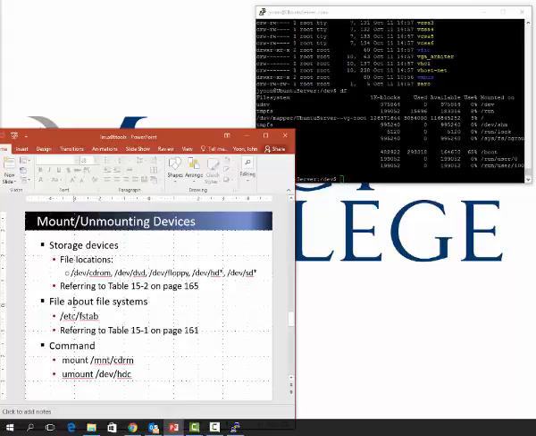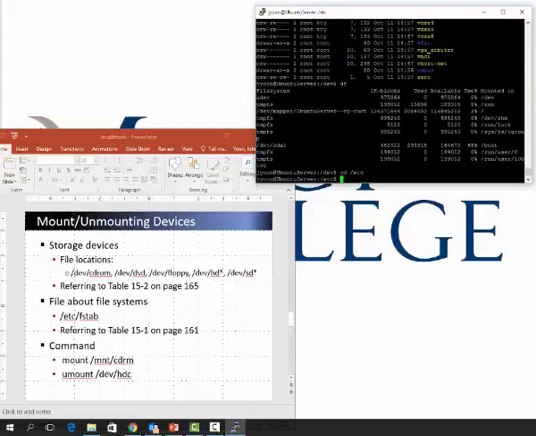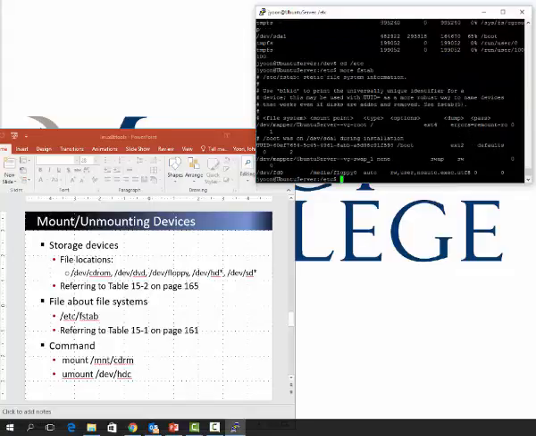So here, if you want to change to etc, and if you want to see fstab, then this is that, right? It says something about